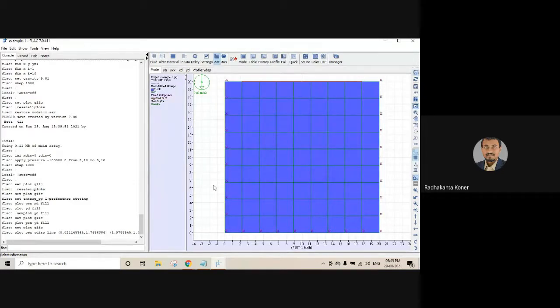Suppose I want to monitor something. So I can put some point on any grid at any point. And suppose I want to monitor the displacement, I want to monitor the strain, so that will be included in the calculation, and that can also be plotted, and from that data you can analyze how much deformation that particular point has undergone. So this kind of analysis is possible.